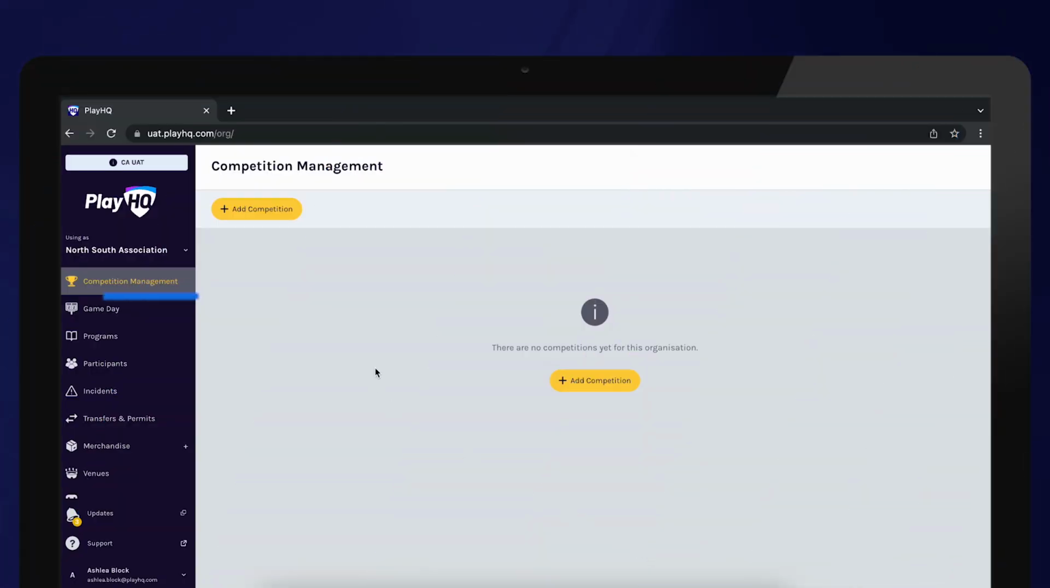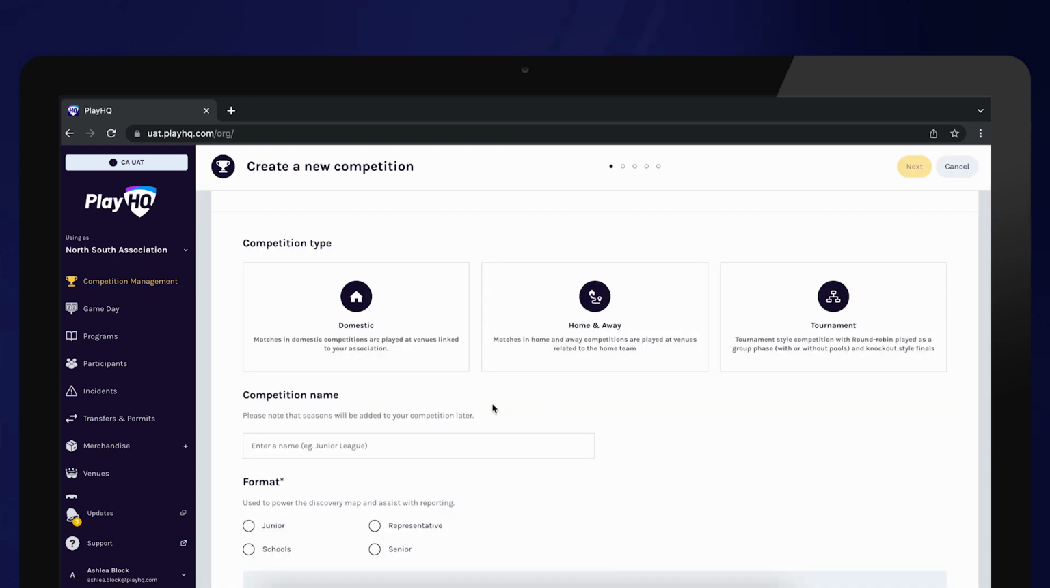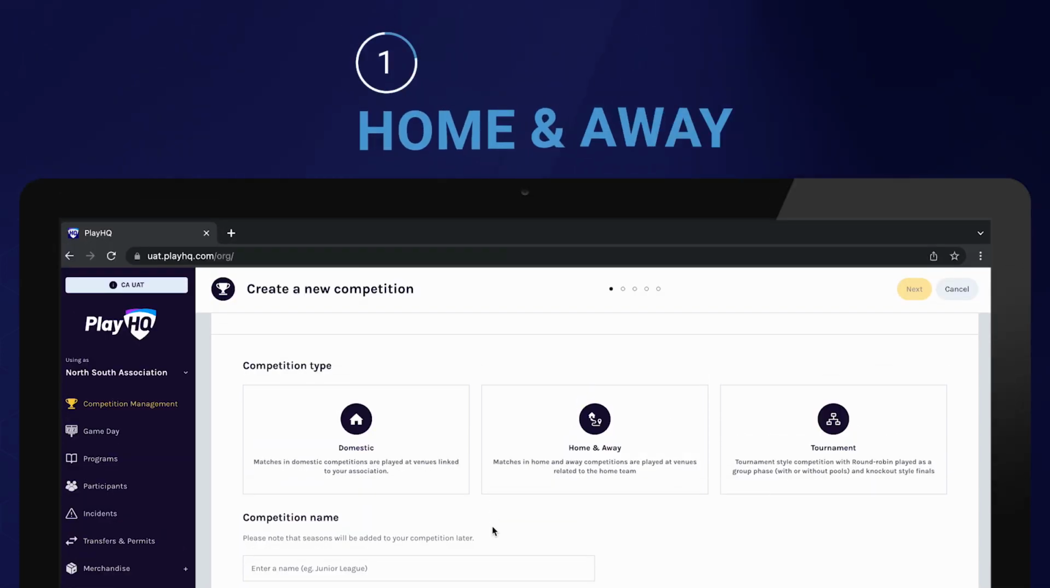To create a competition, select Competition Management, add competition, and select the competition format. The majority of cricket competitions will be home and away. In a home and away competition, each team nominates a home venue, and when fixtures are created, games are allocated